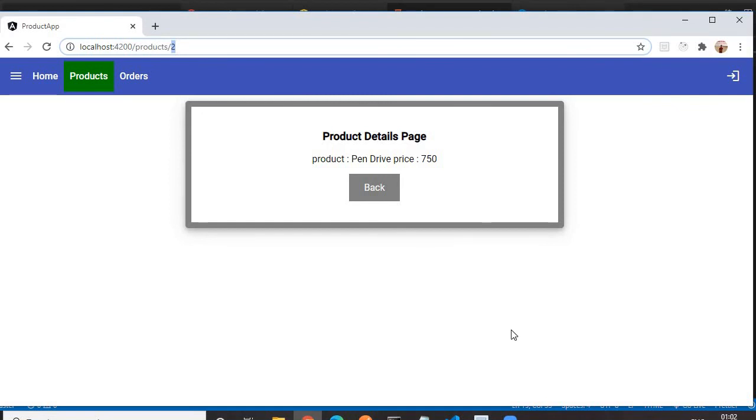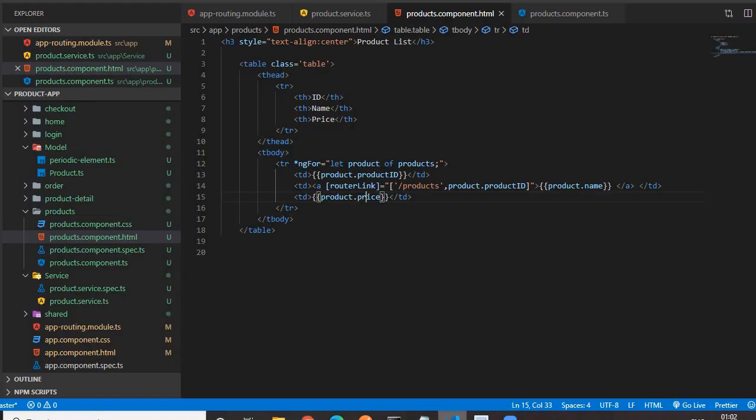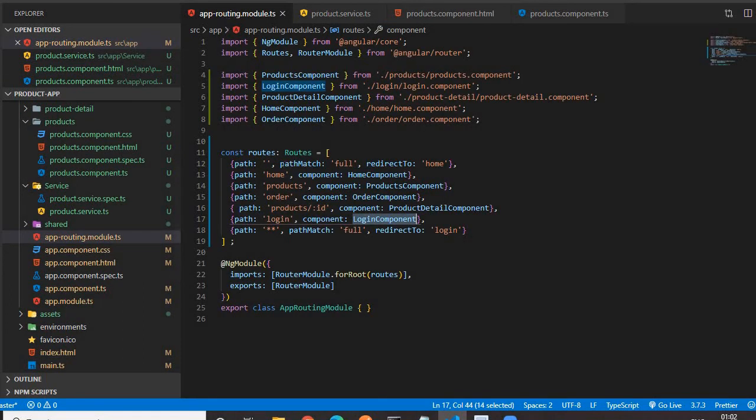For product detail path navigation, we need to configure parameterized routing. In app routing module, we'll go again. The main area of concentration is this, because here only we'll initialize the path. So here we have initialized this path. Please concentrate on this path. So I have initialized same as path is the key. Then I have given product names, so you can give XYZ name.